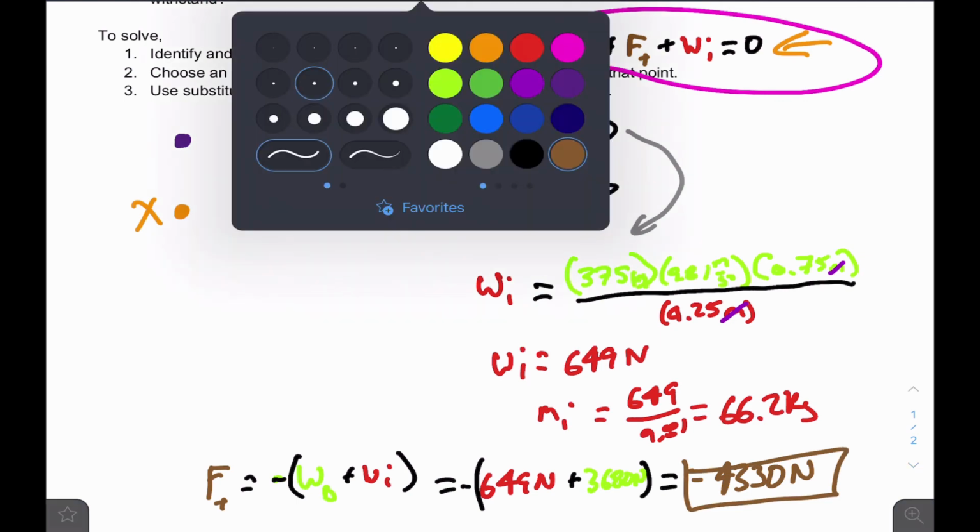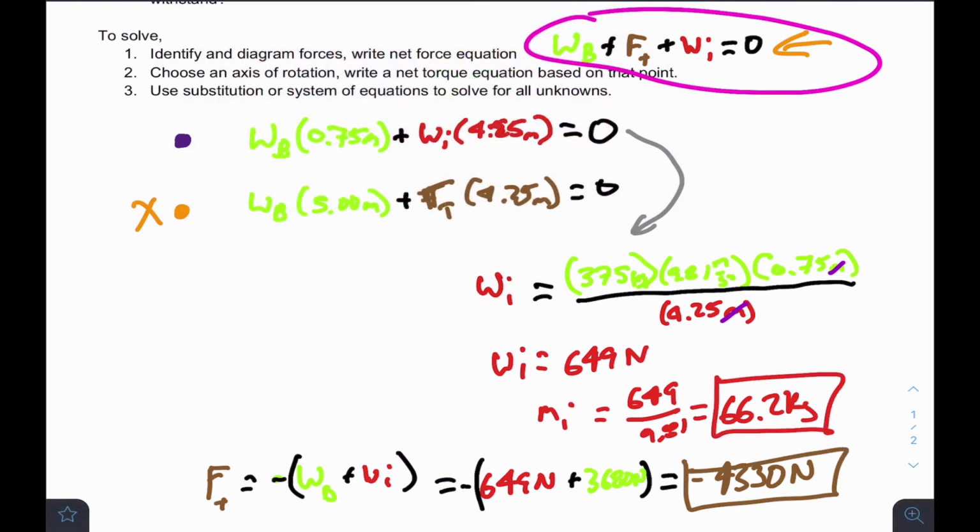All right. So this is a simple one. When we have three forces, we can just substitute or solve, but you got to make sure you pick the right equation. There are three different equations that we could use. The third